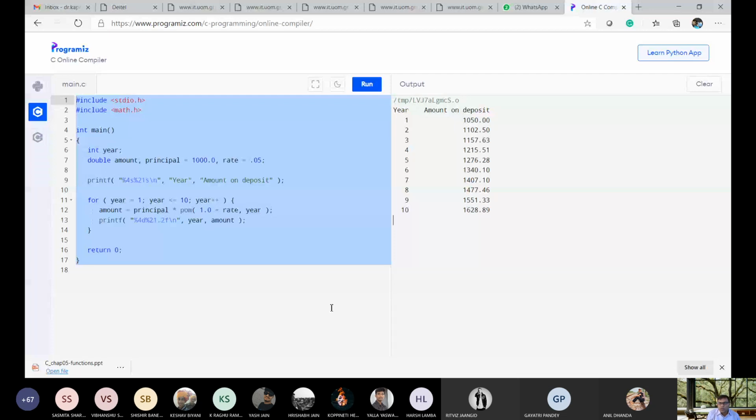Then %21s. Okay. So I am going to copy this output, and this will be pasted over Microsoft here. Let me paste here only.